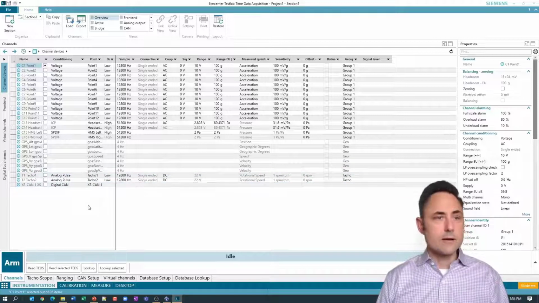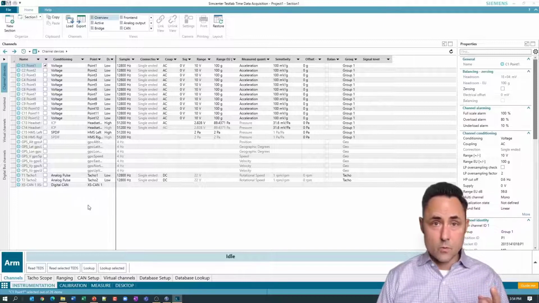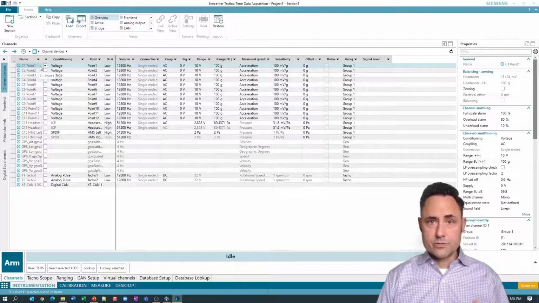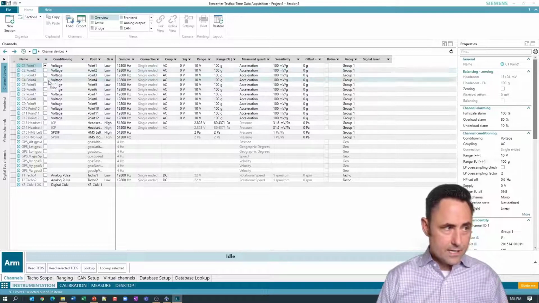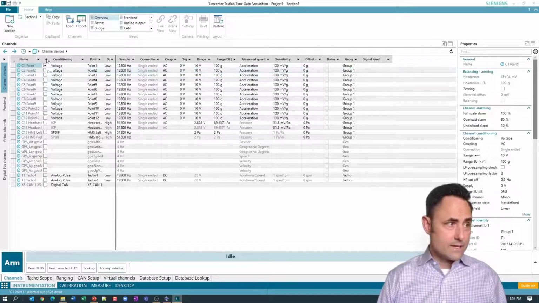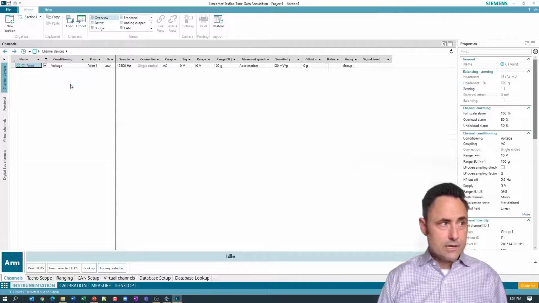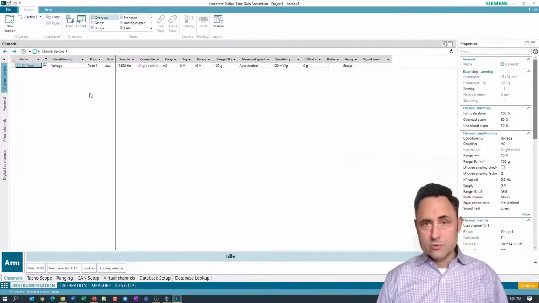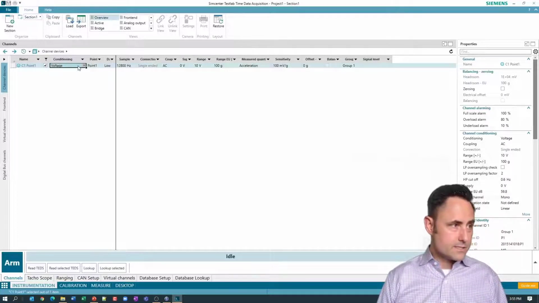Okay, in this case, I'm going to make a very simple setup like I did last time. In this case, it's going to be one microphone, and it's going to be on channel 1. So one of the things that I like to do to make this whole process a little bit easier is just filter on this checkbox status. Okay, in this case, I've only got channel 1 turned on, so I just want to say show me all the trues, which is really only the one channel that's turned on. Okay, so my setup gets very much more simplified, and I'm just going to go step by step and set up in similar fashion to what I did on the TestLab Scope app.